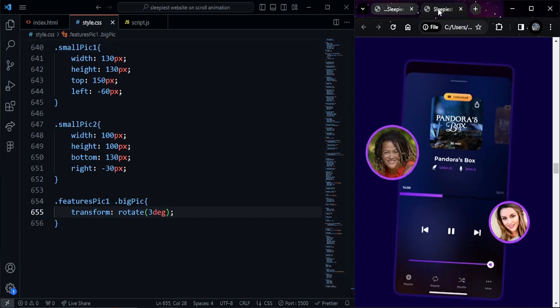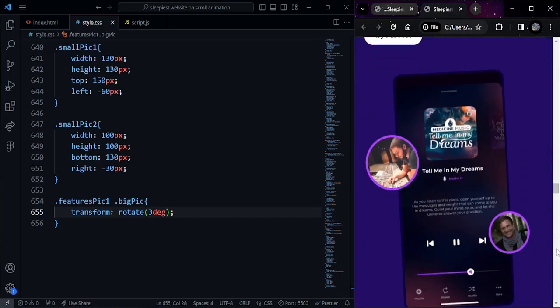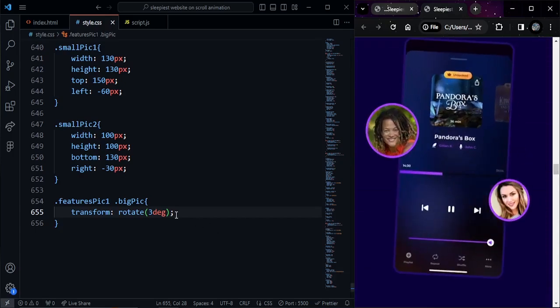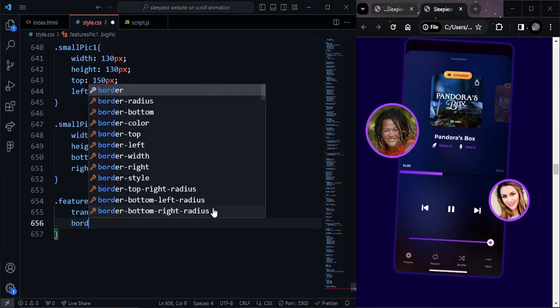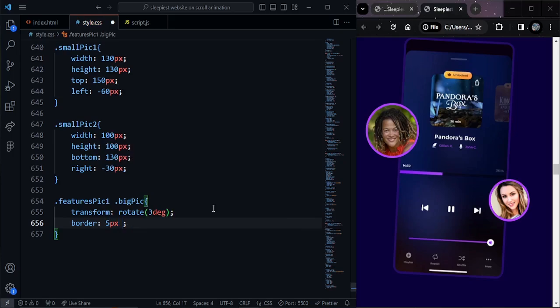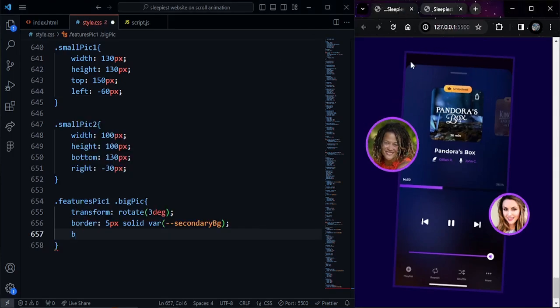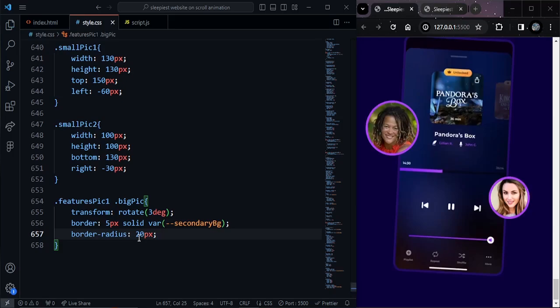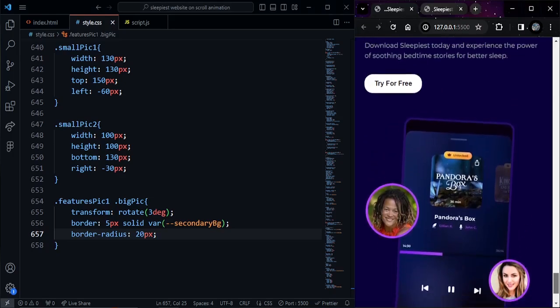And also the border colors are different for the first and for the second section, so we should give the border color 5 pixel solid, and the border color will be secondary BG color, just like this, and the border radius will be 20 pixel. Now we have a really good layouts,